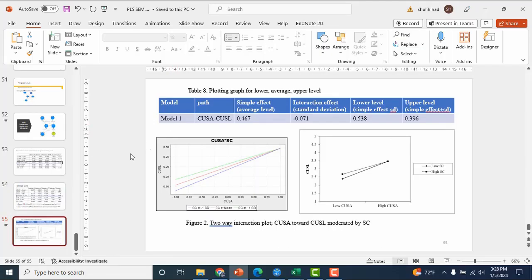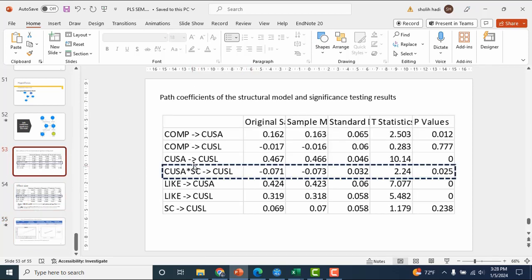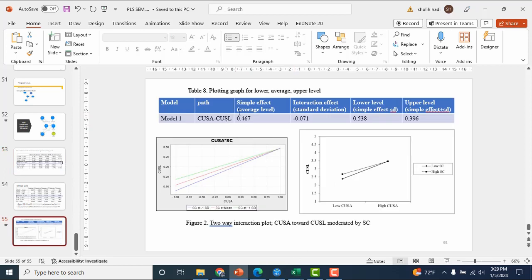From here, we can use the graph to help understand the moderation effect. We take the simple effect here, CUSA and CUSL, 0.467, and then for interaction effect is standard deviation.